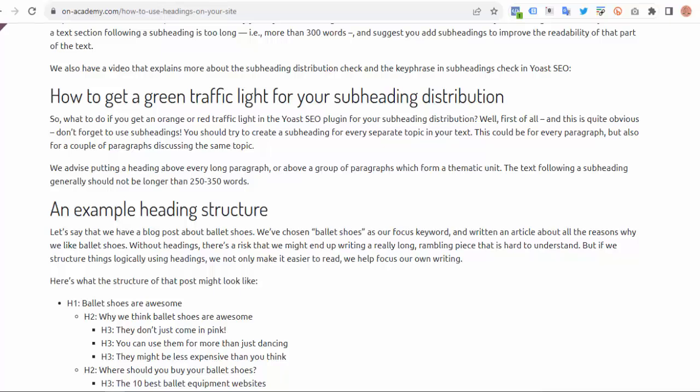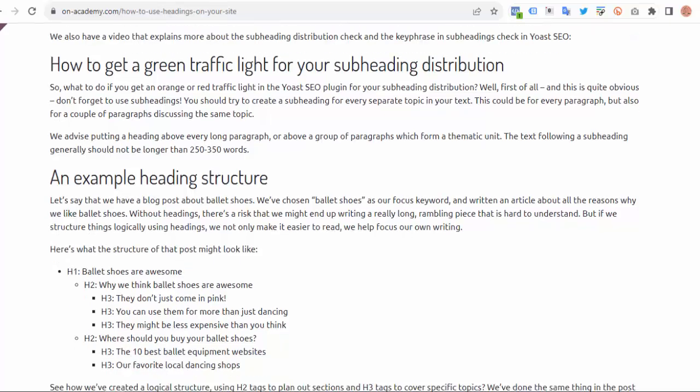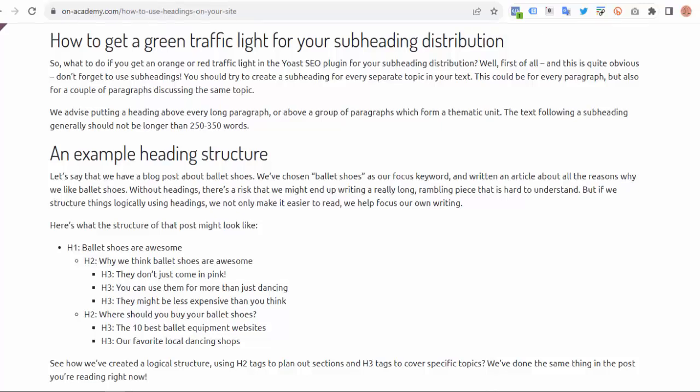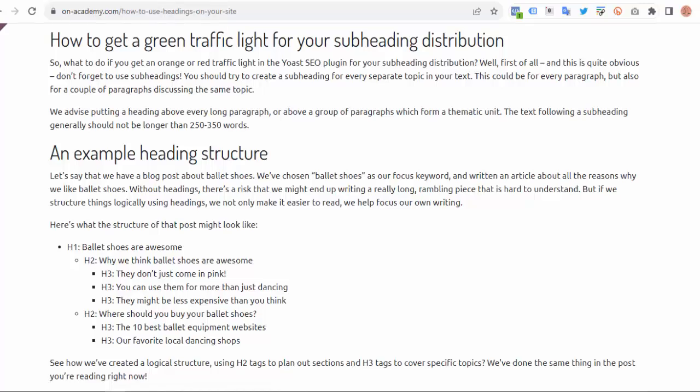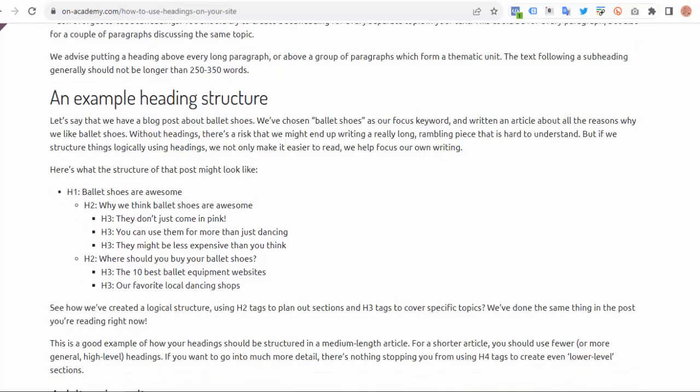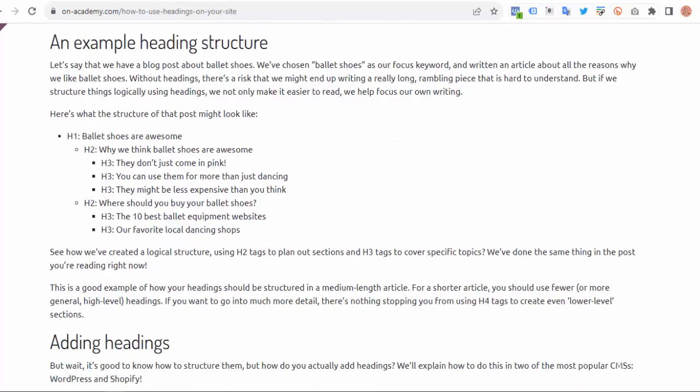This is a good example of how your headings should be structured in a medium-length article. For a shorter article, you should use fewer or more general, high-level headings. If you want to go into much more detail, there's nothing stopping you from using H4 tags to create even lower-level sections. Adding headings. But wait, it's good to know how to structure them, but how do you actually add